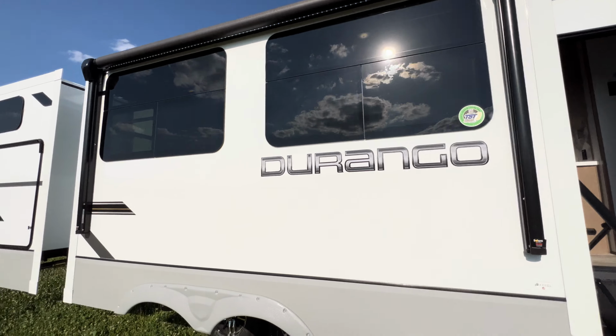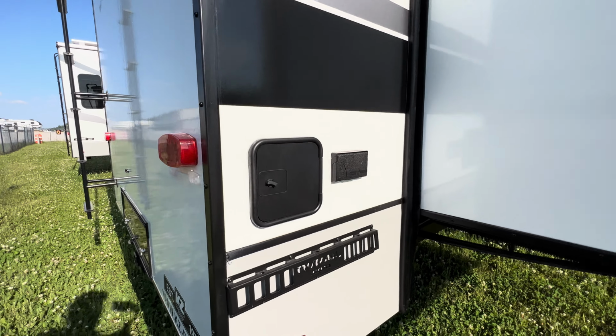Cooper H-rated tires, so much upgraded system there. Plus you're going to get an above average suspension system as well. Heading out the back, you have a ladder to get on top of your fully walkable roof. Check your seals, check your slides. You got a little outlet right here,